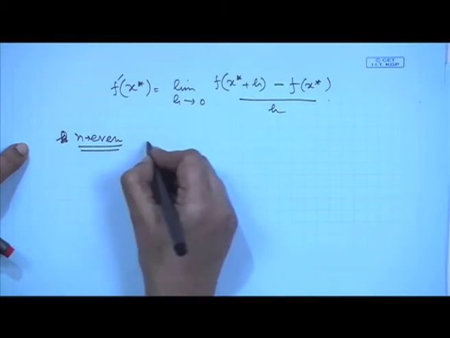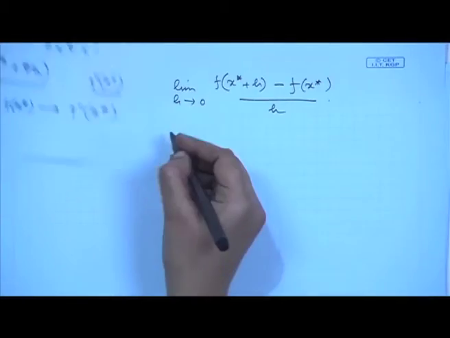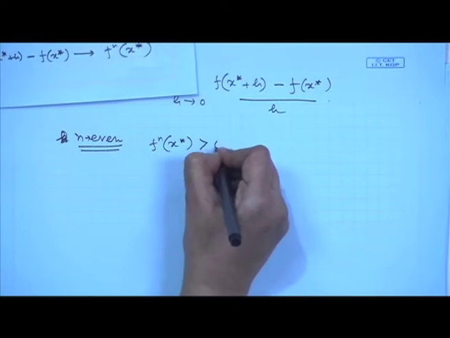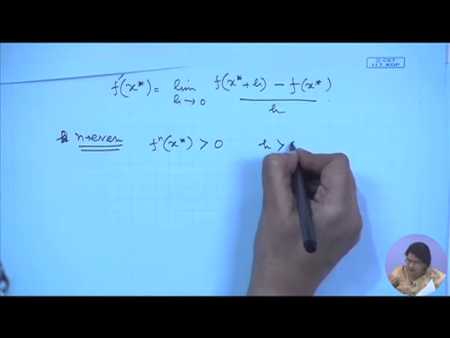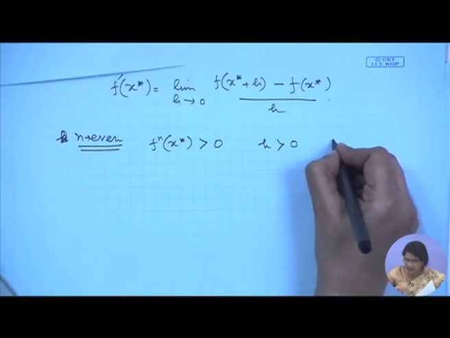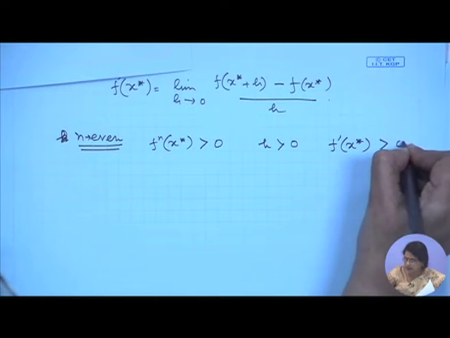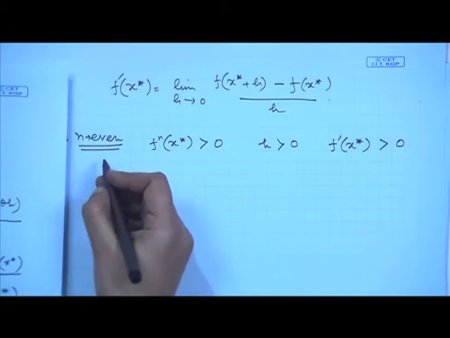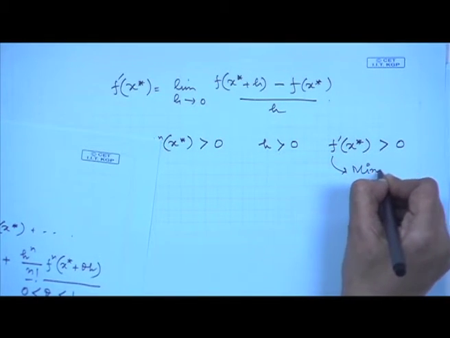If f^n(x star) is positive, if h is positive, then f^n prime x star is positive. That means if n is even, we are getting a minimum of the function,